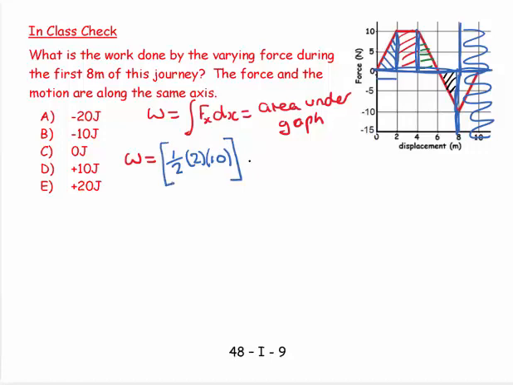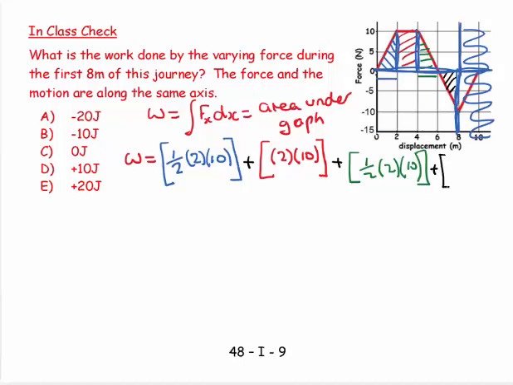And let's add that to the next section, which is this rectangle, which is the base, which is another 2, times the height, which is 10. Added to that, the next bit is green. This is another triangle, which is a half, and it's 2 again, times 10. And then the next final bit is black, and it's going to be a half,